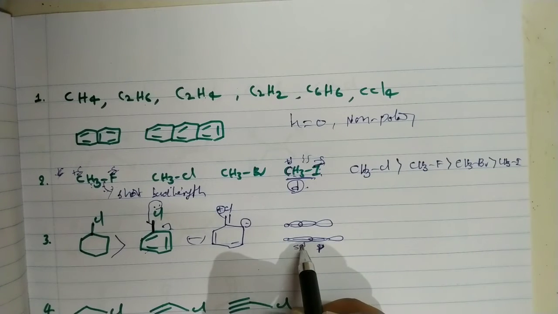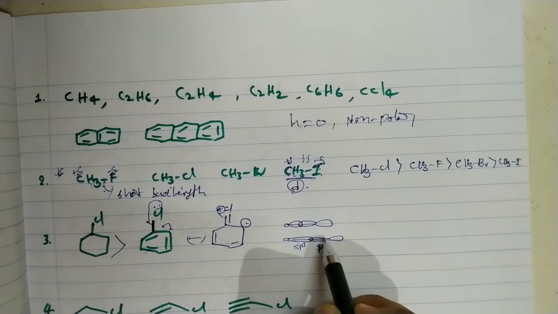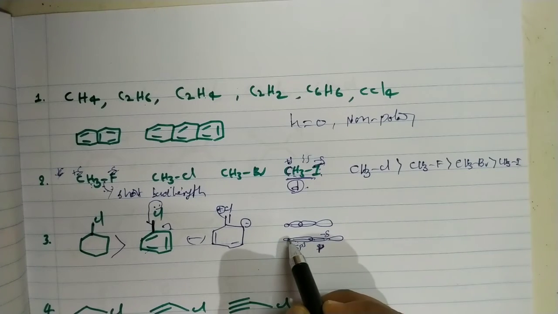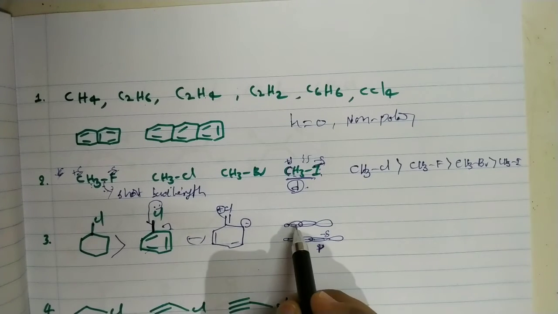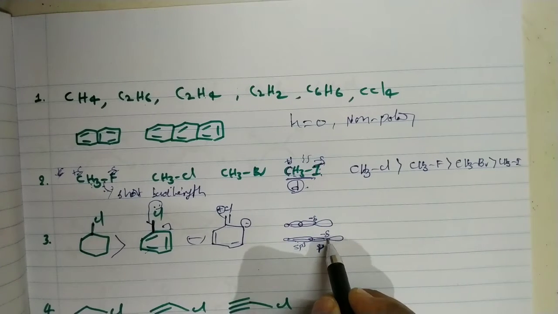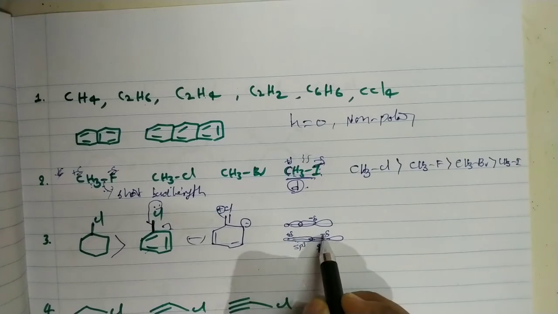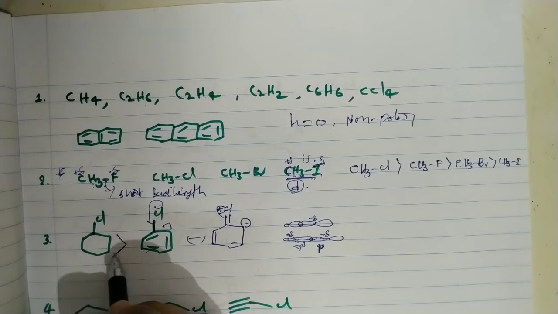Now here this sp3 carbon is somewhat less electronegative, so there is more charge separation. This chlorine attracts the bonding electrons more towards itself. But here the sp2 carbon is somewhat more electronegative, so this chlorine cannot attract the bonding electrons as much towards itself. So here a very small extent of negative charge is created, and here a greater extent of negative charge is created, and more positive charge is created. So the charge increases and the distance is higher. As a result, the product, the dipole moment, is higher for this one.